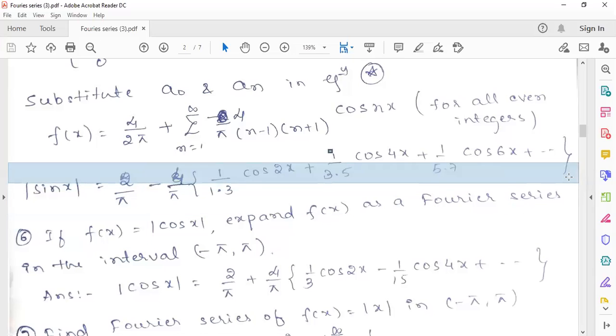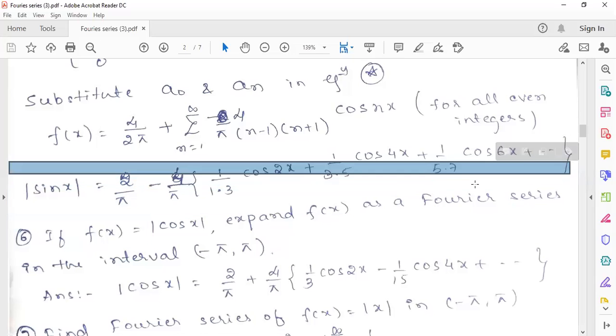In case you are asked to deduce something, then you have to decide what to put in place of x. Otherwise you can stop at this stage. Is it clear? From this onwards, you will feel it is a little easier because the method we followed is very similar. We will add a little bit, like the even concept and half range series, for everything. All of you understood this problem?